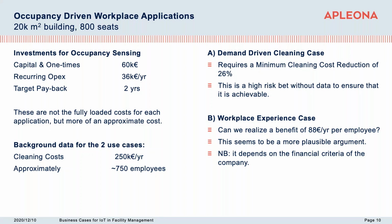Now, in this building, the cleaning cost would probably be about 250,000 a year, with lots of dependencies, and depending on the company, it might be around 750 employees. So if you do the math on these 2 cases, you can see that demand-driven cleaning would have to have a minimum reduction of 26% of the cleaning cost. And that's a fairly risky bet,